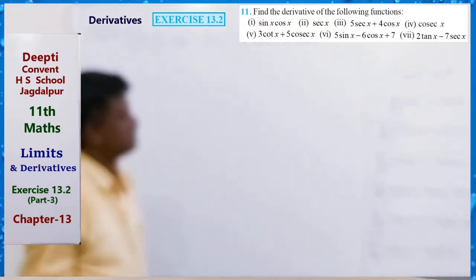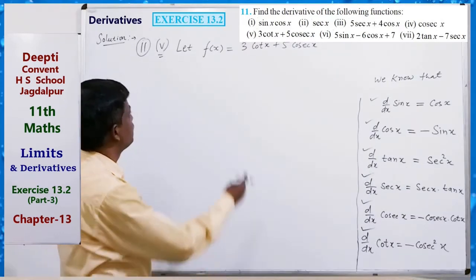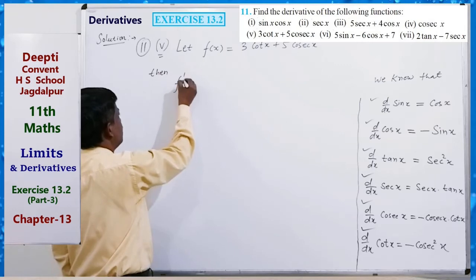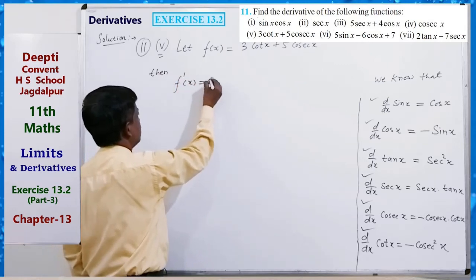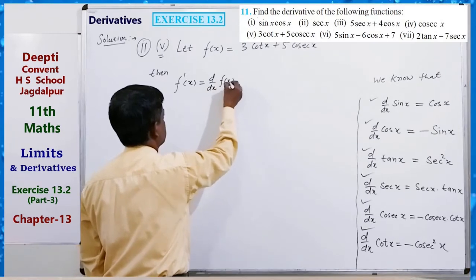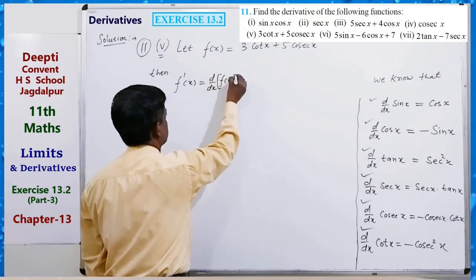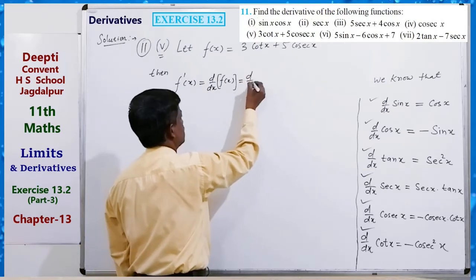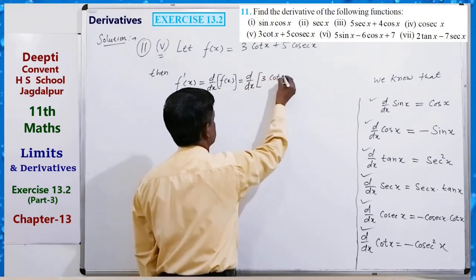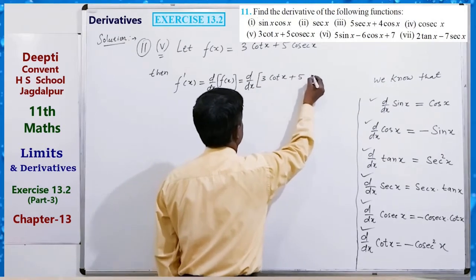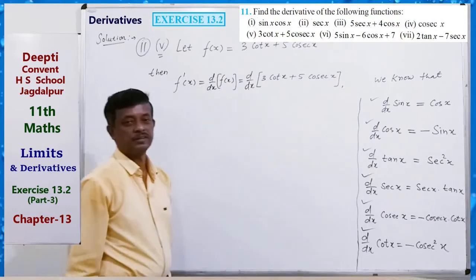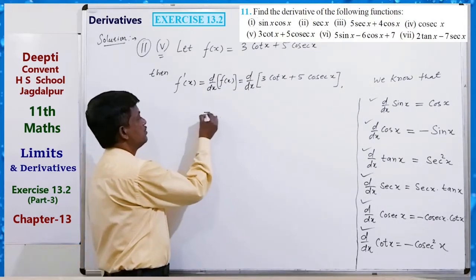So here you see that f dash x equals to dy dx of f x, dy dx of 3 cot x plus 5 cosec x. Okay, so this is equals to,